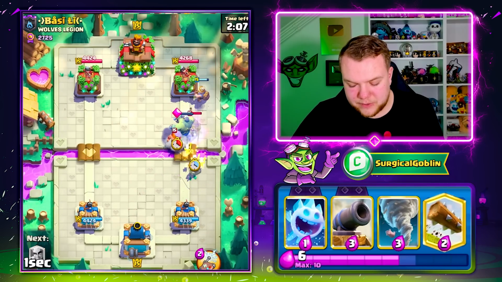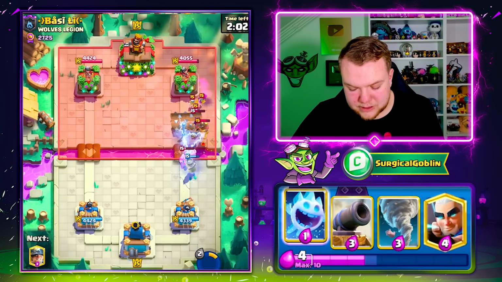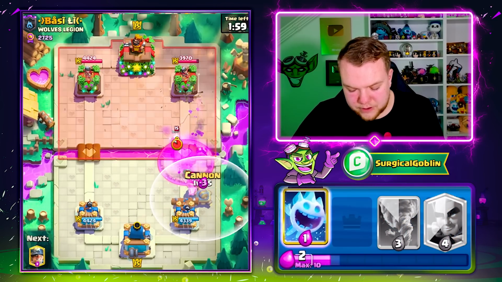There you go. Let's go with Skeletons here, making sure that the Goblin Stein stays alive. And I'm actually gonna use the ability. I think this is a great ability. Oh my god, it's gonna be so much value. I think I don't even need to...